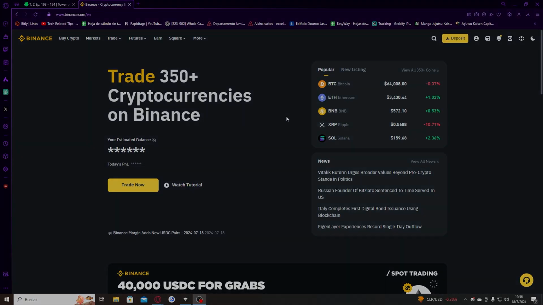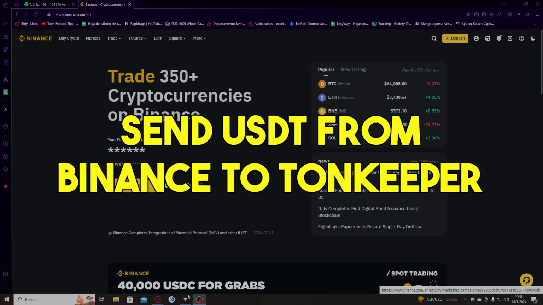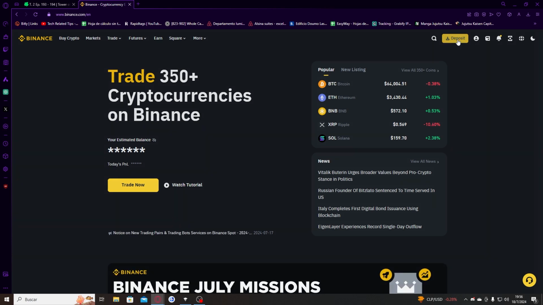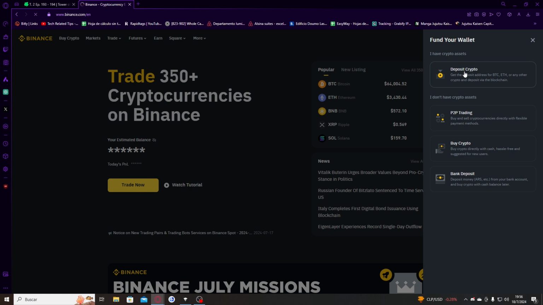Okay, so you want to know how to send USDT from Binance to Tonkeeper? Well, I have the solution for you, don't worry. The first thing you have to do is to press here in deposit, then you have to press deposit crypto,